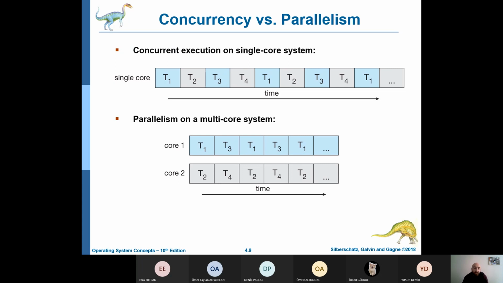Instead of just executing T1 till the end, we can create an interleaving mechanism to execute T1, T2, T3, and T4 again and again. So based on that, we can create concurrency. However, on a system with multiple cores, concurrency means that some threads can run in parallel, because the system can assign a separate thread to each core.